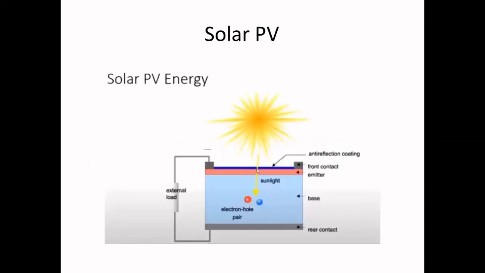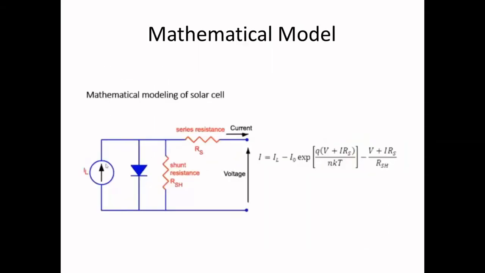Now, this is the one which I explained before, the module structures, and the mathematical model is given by this diagram. We have a current which is generated at this point, and we have a diode connected to it, and there are two resistances: one is series resistance and the other is shunt resistance. The formula explaining this diagram is given below. Go through this equation so that it is easy for you while you design it.